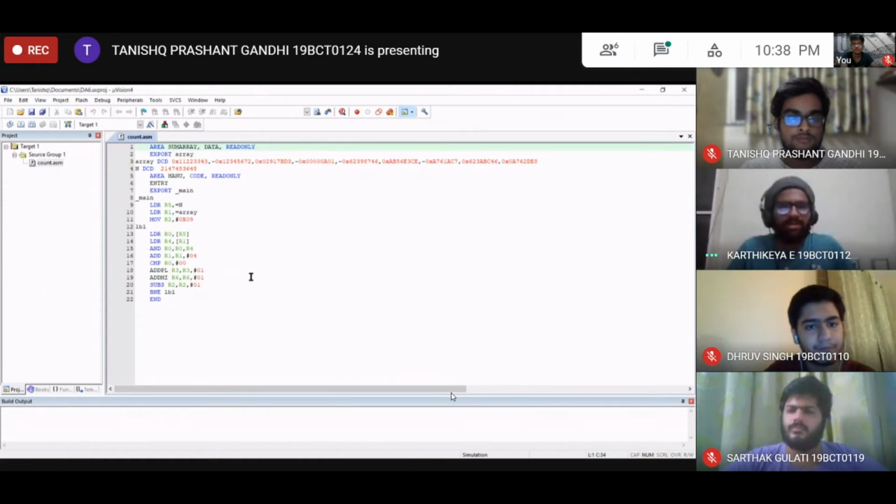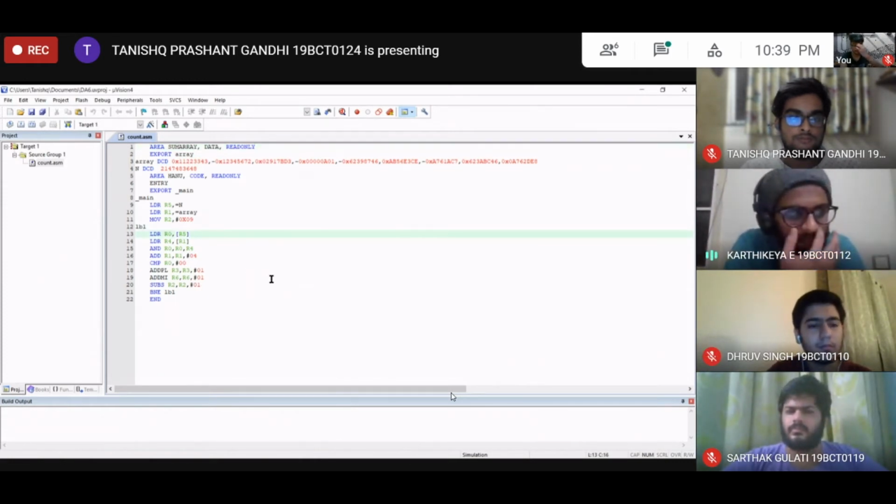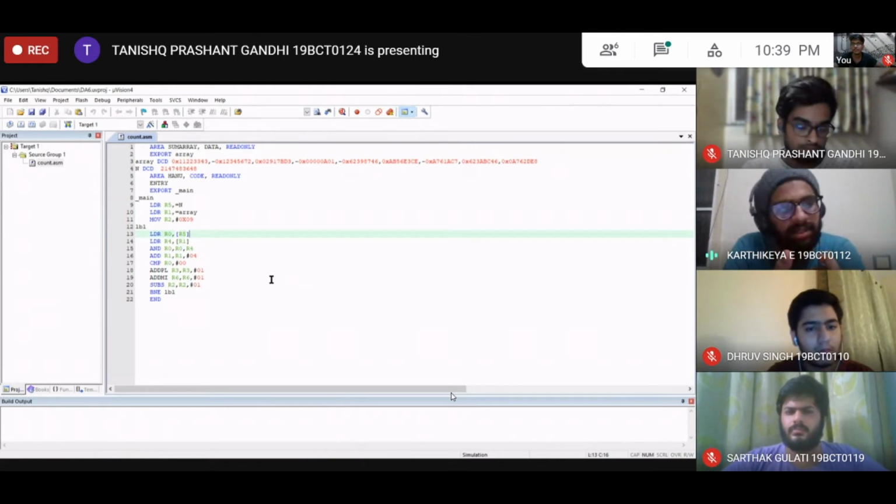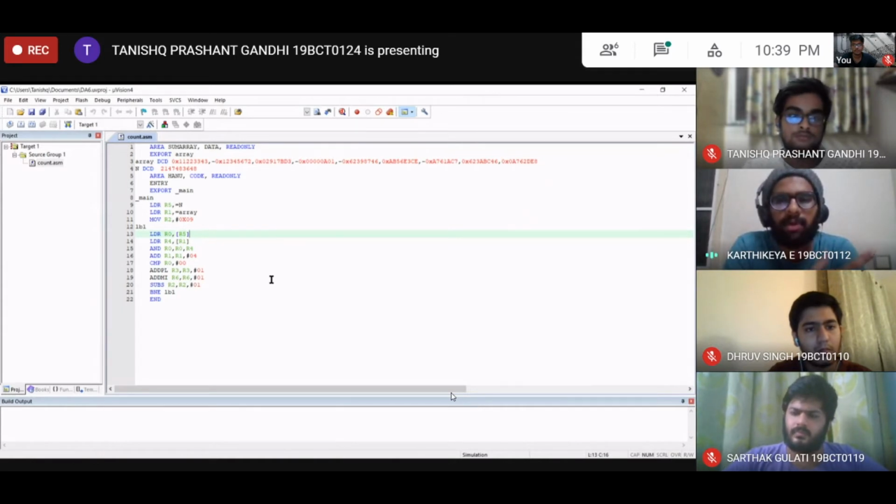Thank you, Dhruv. So to understand what's happening in line number 13, we need to understand what's happening in line number 3 and what's happening in line number 9. In line number 3, it's written like array DCD. So what does DCD mean? DCD reserves the first 32 bits of a word which points to the stack.